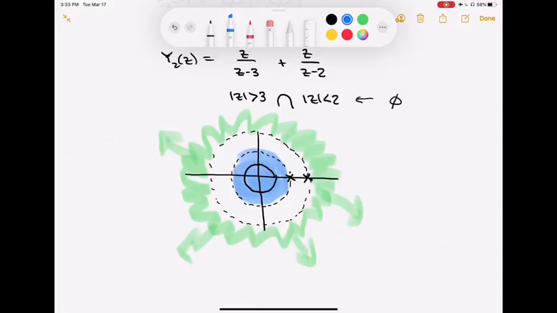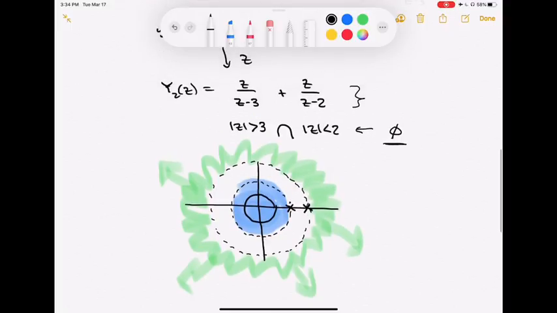Now we can definitely see, well, it looks like a pretty cool eye. There is no overlap between the green and the blue here, right? There's nowhere in the z-plane where both of these signals end up converging. So in this particular case, because I have the empty set over here, even though I get this nice expression for the sum of the two pieces, that's my capital X3 of z and my capital X2 of z,